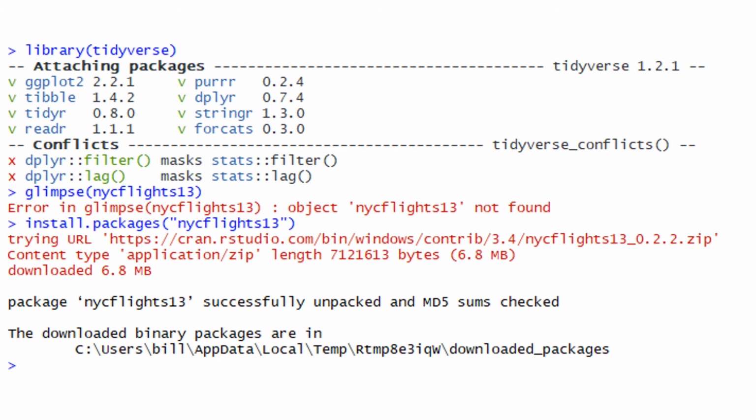And then glimpse nycflights. I wanted to show you this error here. I wanted to make sure that you see that sometimes when you look for stuff and you don't see it, there's an error in glimpse, we can't find it. I had to make sure I installed it. And it's install.packages nycflights13. It is a zip file. This is the nice thing about R. It will download the zip file, unzip it for you, check it, put it out there,